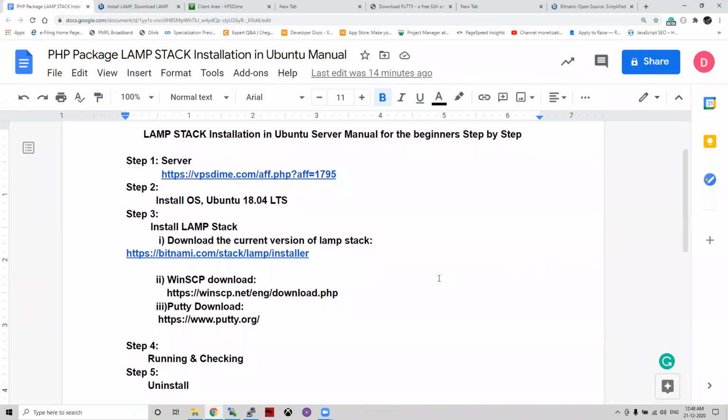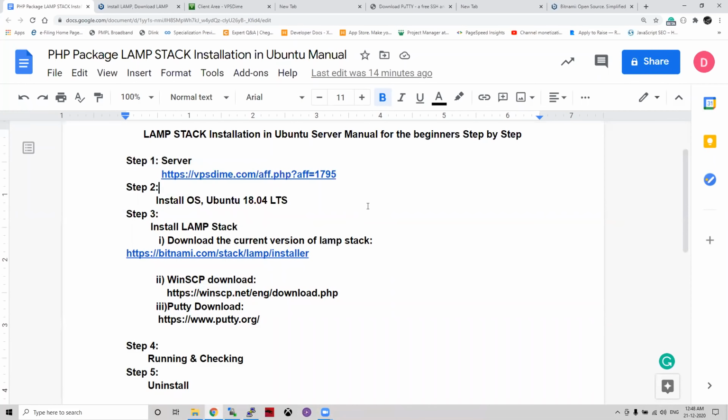So basically, let me reiterate how we have done it. We created one server by going to this link. We selected the minimum plan, which is $7 per month, and you can select from any different service provider also. It depends totally on you, but this is a suggestion.